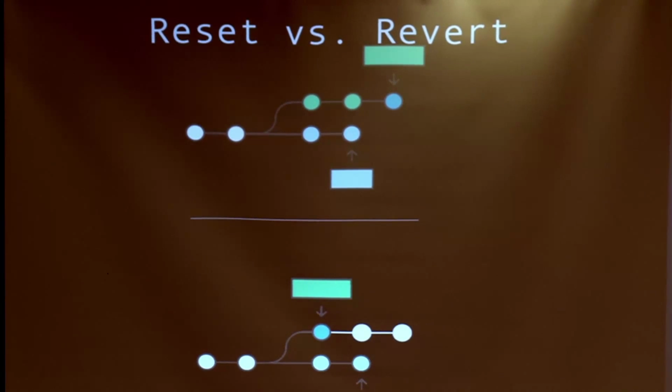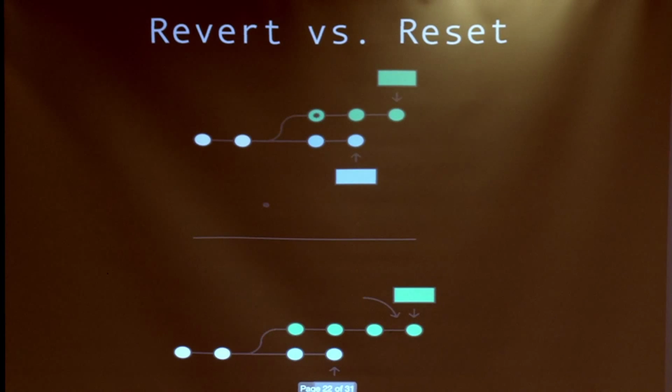So let's take a look at revert then. The same situation. You have 2 commits here, and you want to go back here. What revert is doing is creating one additional commit with the deleted changes. So when someone pulls your code back, this won't break their working directory, this will actually add a new commit. And yeah, it's better to not get there, but it's very good when you need to fix something quickly.